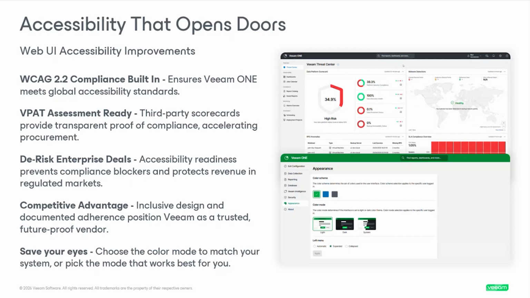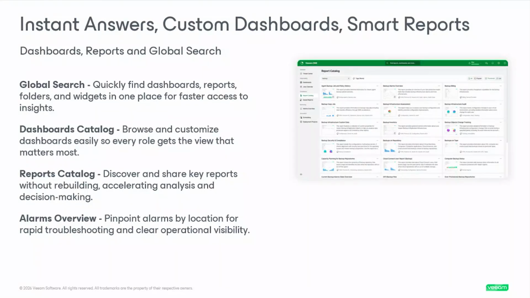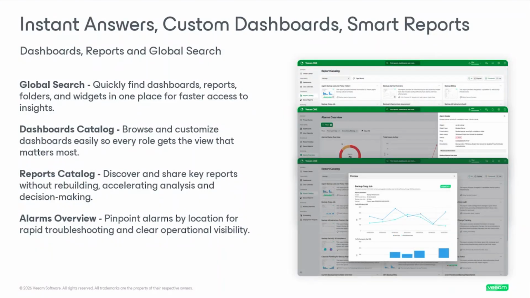We want to make sure that when you go into Veeam ONE from a monitoring point of view, you can see your security posture, you can see the available threats, you can see the active threats, you can see which backups have failed, you can look at pulling reports in terms of which jobs have failed, which jobs have passed, how much storage is left, how many days do I have left from a capacity planning point of view before I run out of storage, give you insights into your VMware and Hyper-V environments, having ransomware monitoring alerts that helps you